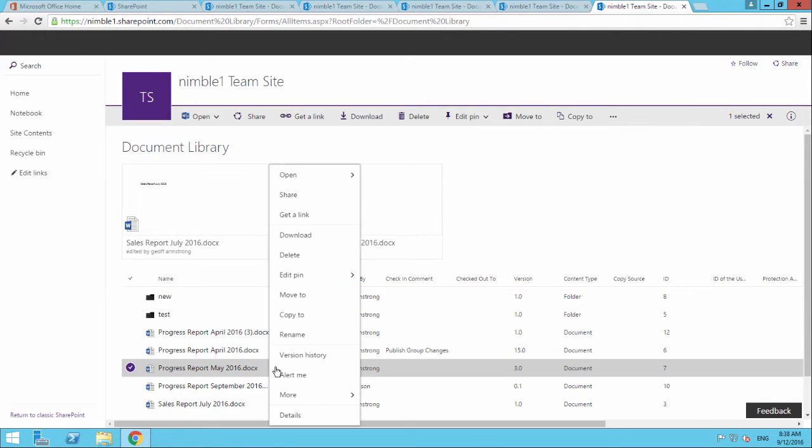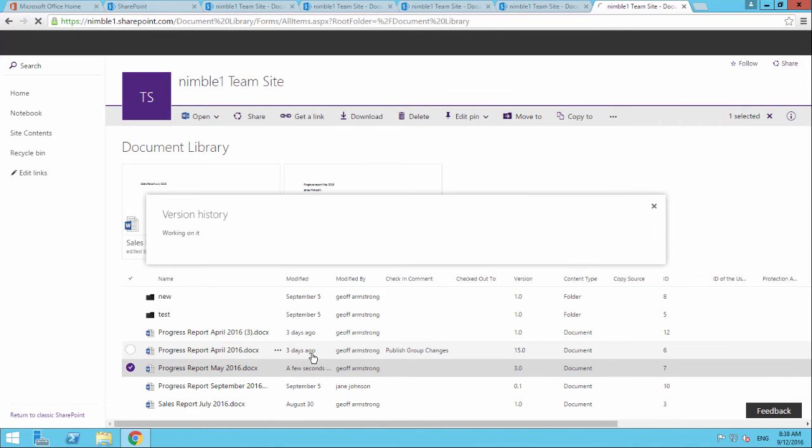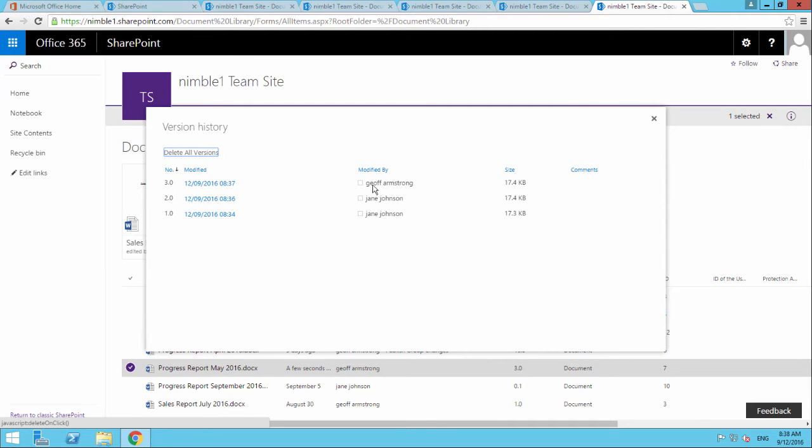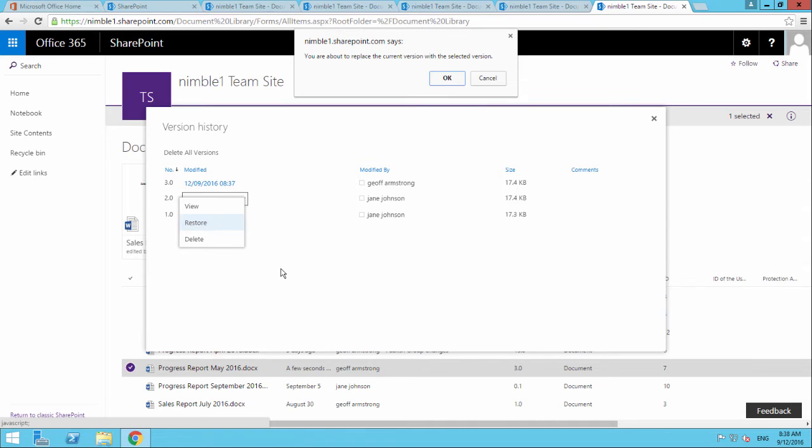Now if we click here and say let's have a look at the version history for this document, what we're going to see here is, look, here's all the versions that have taken place. So there was my change and there's Jane's last 2 changes. And you know, we have this option to go, okay, look, I want to restore this. So if we click restore, it's going to say we're about to replace the current version. So if I say okay,